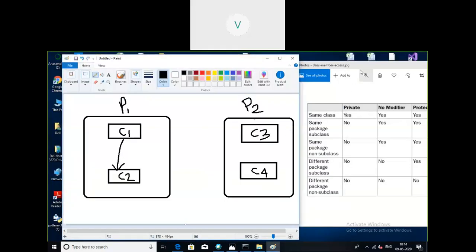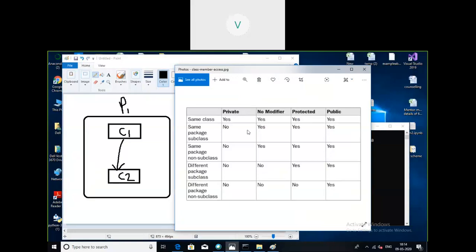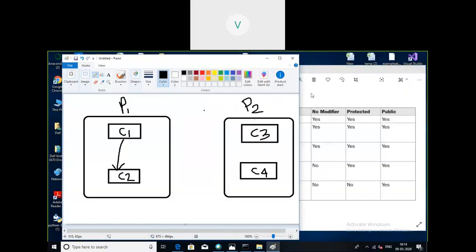So in the same class, whenever you are trying to access the members of the class in which you are present, it is possible to access private members, default members, protected members, and public members. Within the same class, we are able to access everything. So that was the first scenario.